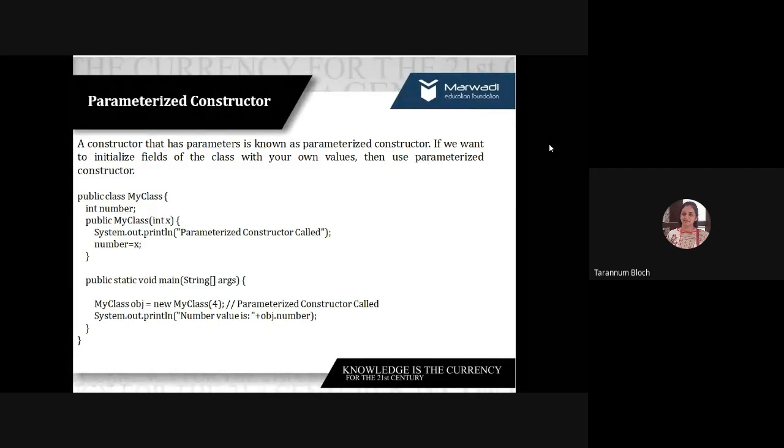So in that case, your compiler will look for the matching constructor, and as you can see, 4 is an integer value, so it will match it with the public MyClass integer x constructor. It will copy 4 into x, and further, as per the business logic, the x value will be copied into number, which is the data field of your class.